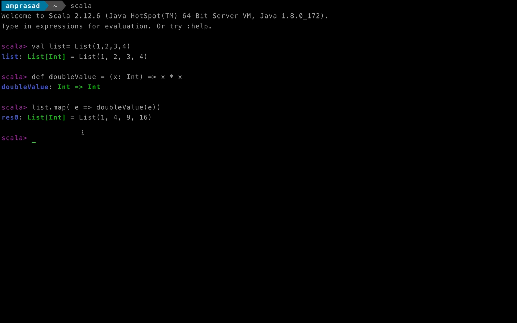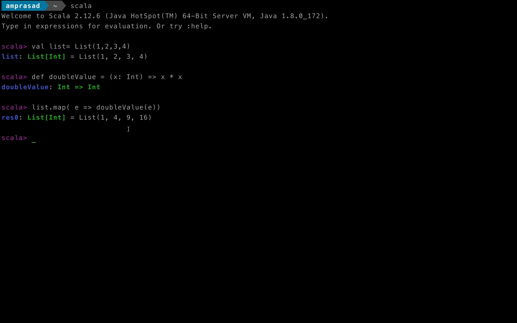Now we might be wondering whether we have the same leverage to use a custom or user defined function. The answer is yes, and we will see how a user defined function can be used with a higher order function as well.